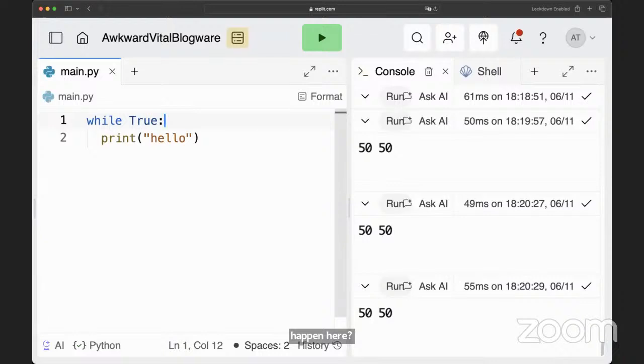Obviously, it will print hello. But how many times? Exactly, it will print hello infinite times. Now, I won't run it because I don't want to break this notebook. But this will keep on printing hello.